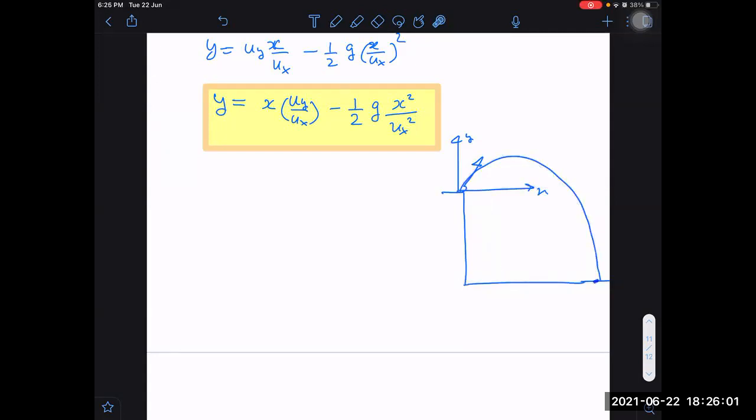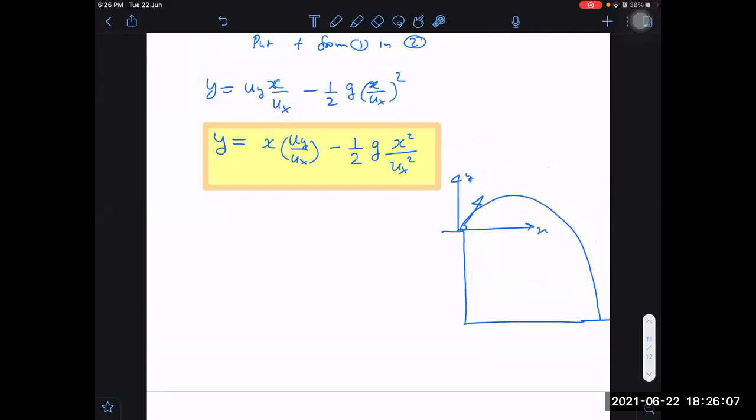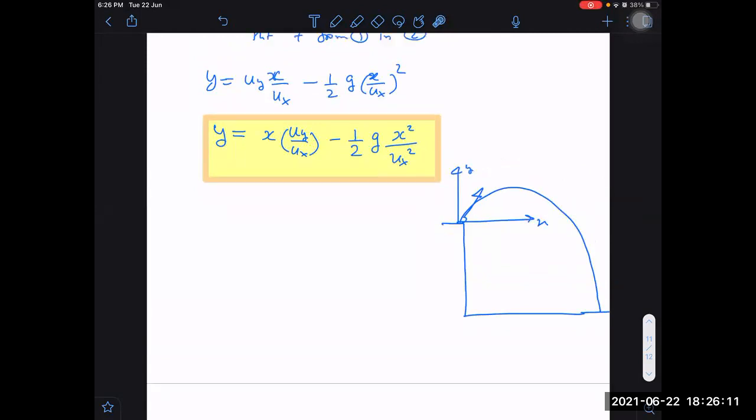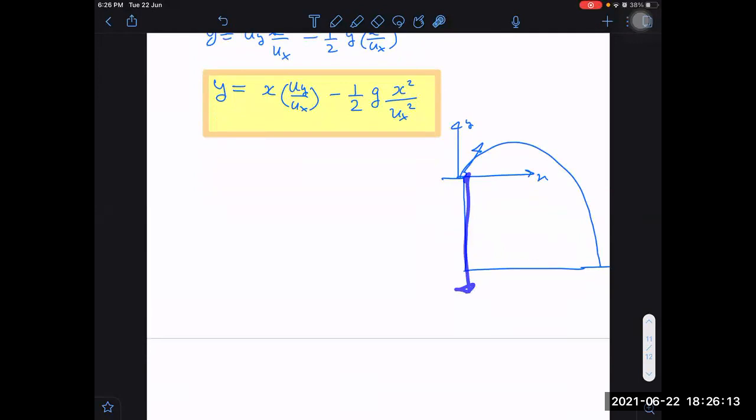Then the trajectory will remain the same only. It doesn't change, because when we derived it, where did I use the condition of where it should fall? I did not use any such condition. So even if it keeps falling through a very, very long cliff, maybe 1 kilometer's height or something, it also remains the same. It doesn't change.